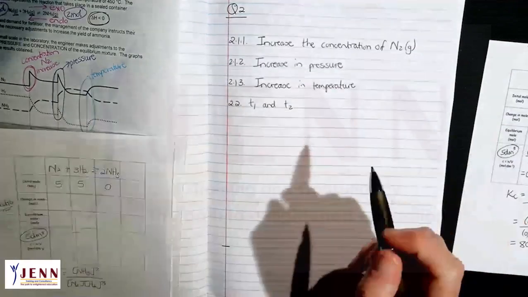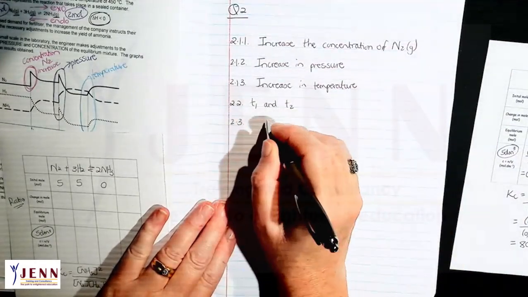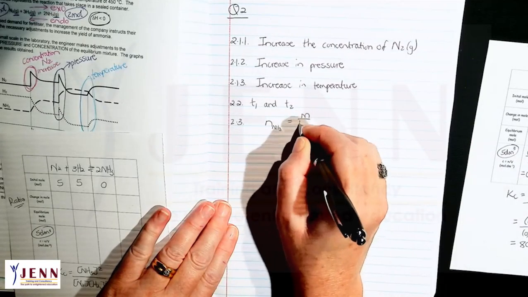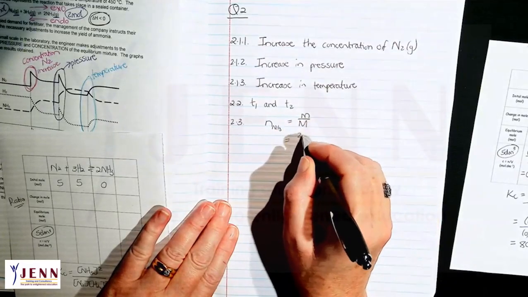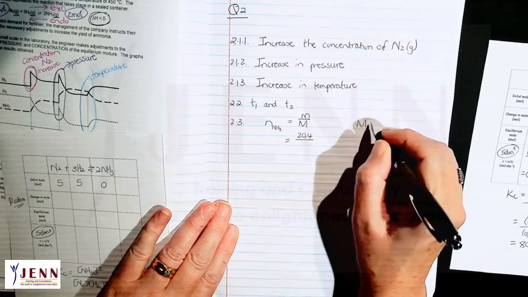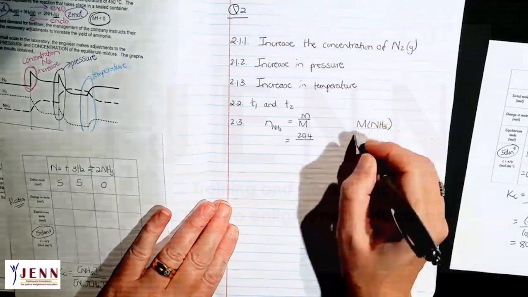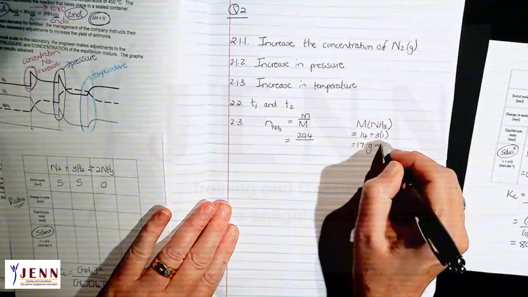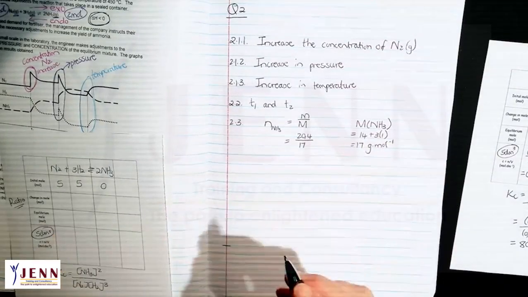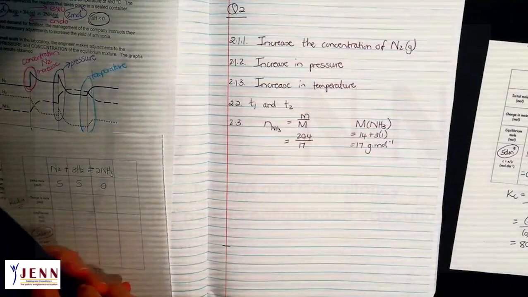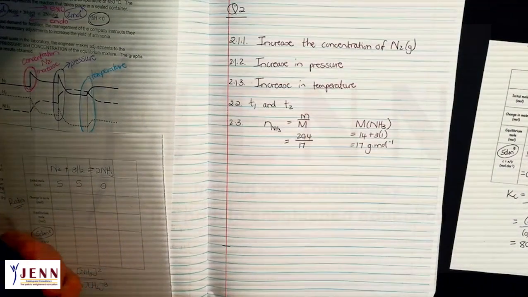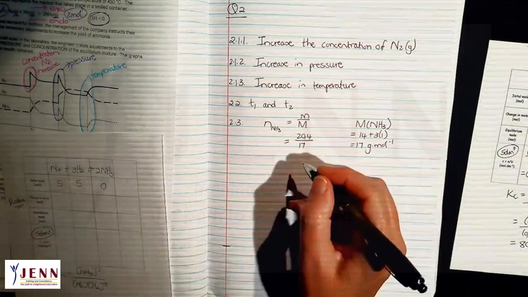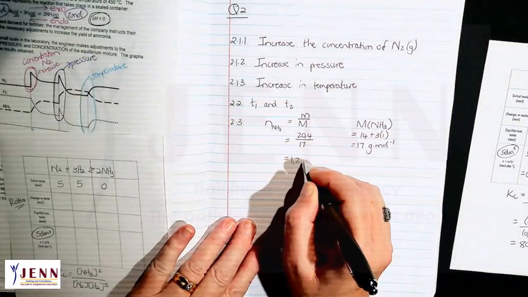So before I do my table, I'm going to go to 2.3 and say n. I like to write NH3 there at the bottom, but it's not necessary to do that. And that gives me 20,4, and please calculate the NH3 molar mass separately. 14 plus 3 times 1 gives me 17 grams per mole. If you just put in the numbers 14 plus 3 there, we can't do the calculation for you. You must please do it yourself. Okay, this gives me 1,2 moles.